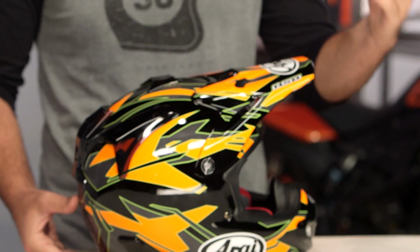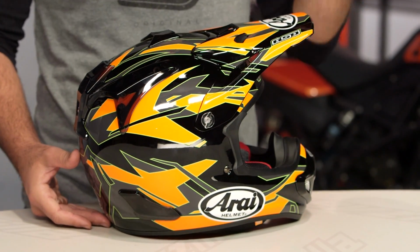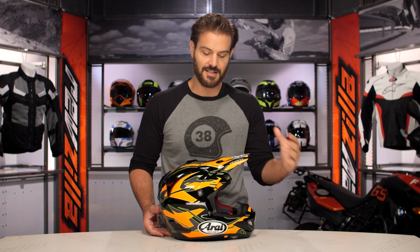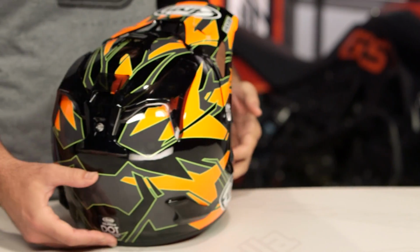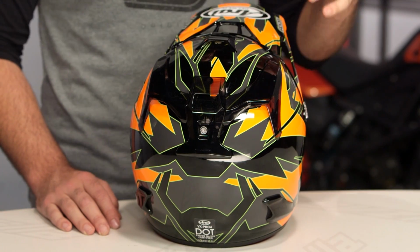So the Dazzle graphic is going to be laid upon the VX Pro 4. What you are getting is Arai's premium dirt helmet. Complex laminate construction with 5 different shell sizes, 5 EPSs, 6 intake vents, and 8 exhaust vents, and this helmet comes in at 3 pounds 6 ounces when we threw it on the scale